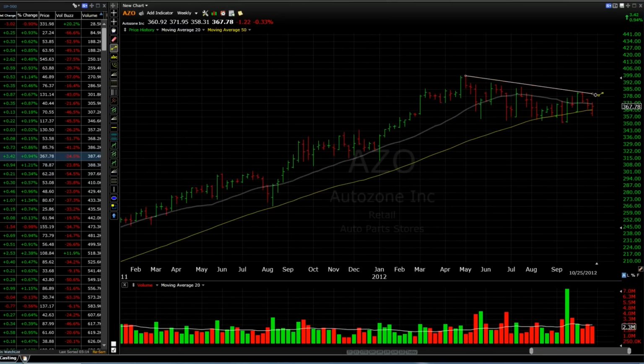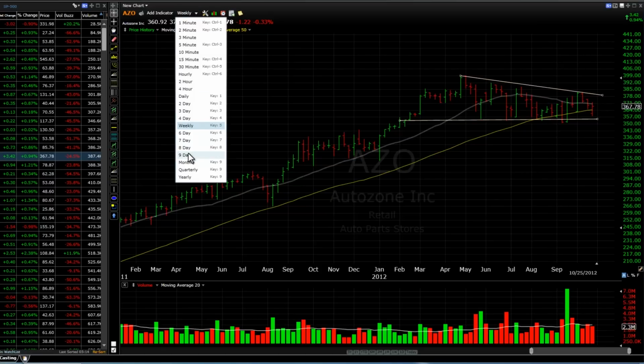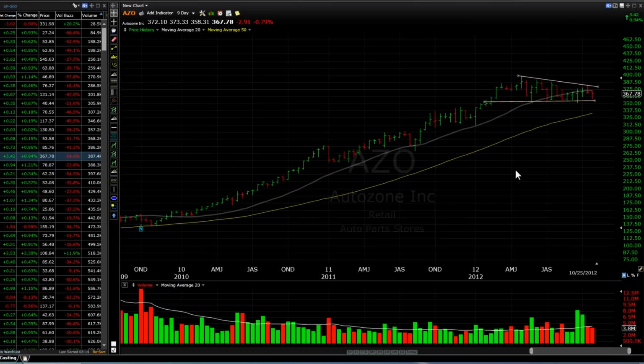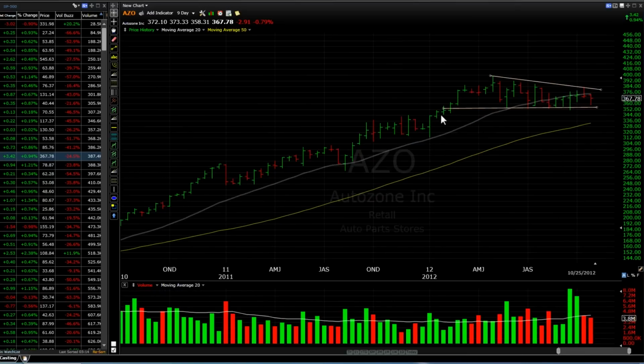So on this one, again, notice I'm drawing my trend lines. Here's kind of what's happening. There's my support. There's kind of my support line. Here's my declining channel line. And you notice that on the weekly it's a lot easier to spot. If you want to go to a longer time horizon like a 9-day, it's even easier to spot it that way. And this just consolidates your time horizon or time view into a much easier and simple form.